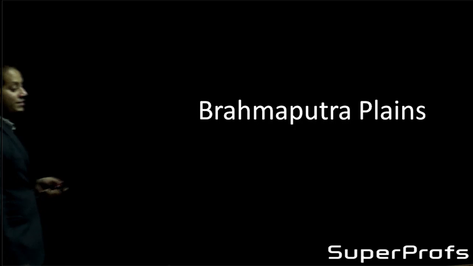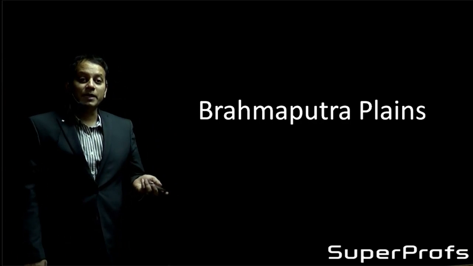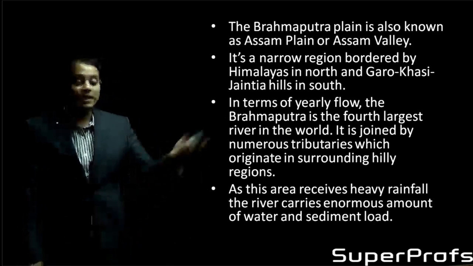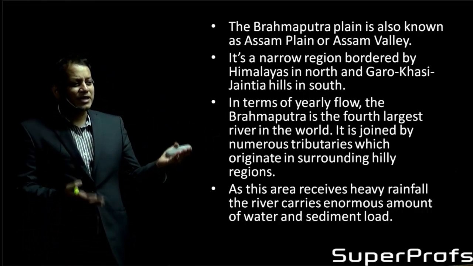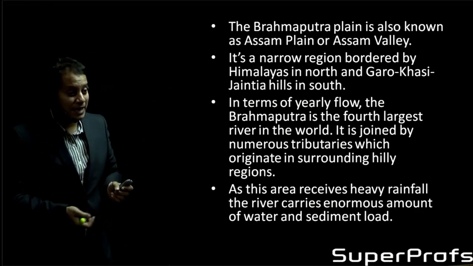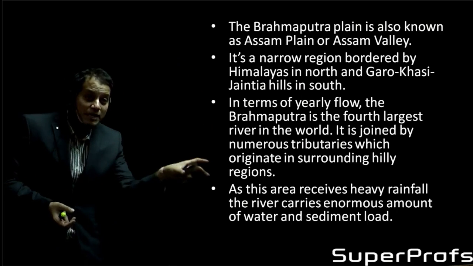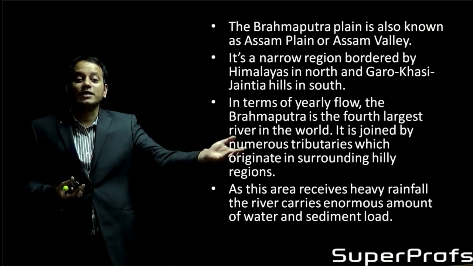Hi friends, let us study the next plain, that is the Brahmaputra Plains. The Brahmaputra Plains, as we know, are also known as the Assam Plains or the Assam Valley. It is a very narrow region which is bordered on the north by the Himalayas and in the south by the part of the Peninsular Plateau, that is the Garo, Khasi and the